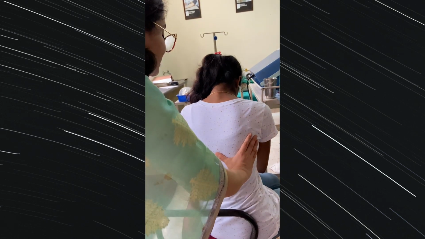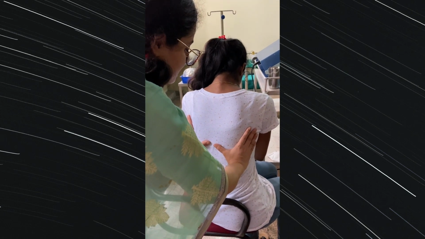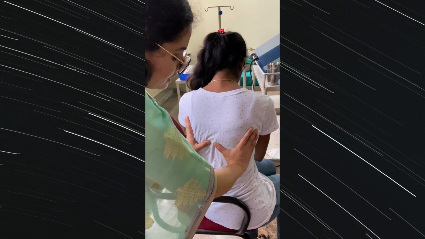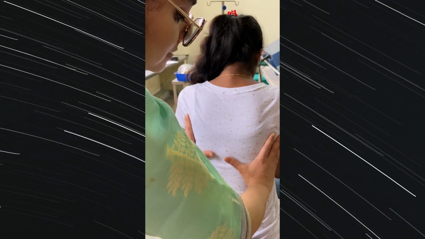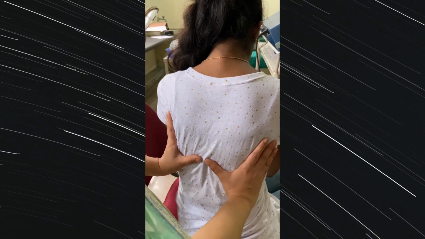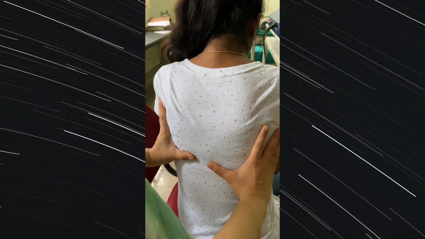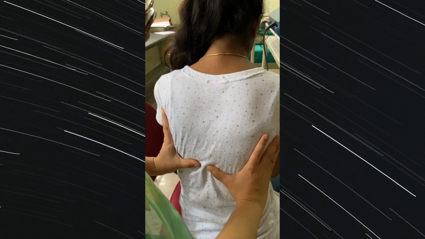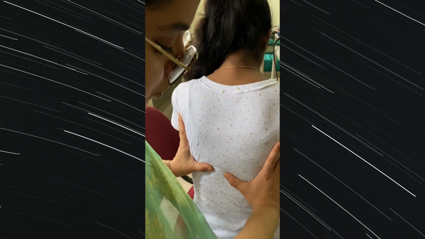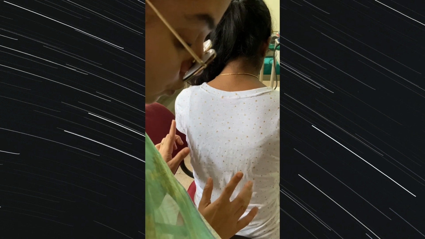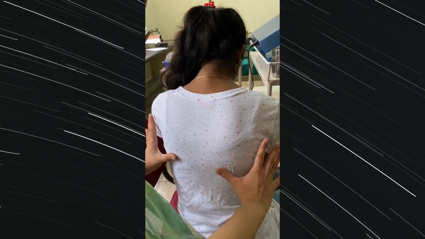No, you're not taking a deep breath. Once again. Now release. Can you see the difference in my thumbs? Now take a deep breath very fast. Like this, my thumbs should go outside and then come back. Once again you take it. Now expand. Like this, my thumbs should be a little bit extended, and then return to the same place. What I'm trying to show you is that with respiration, my thumbs will go like this and come back like this.